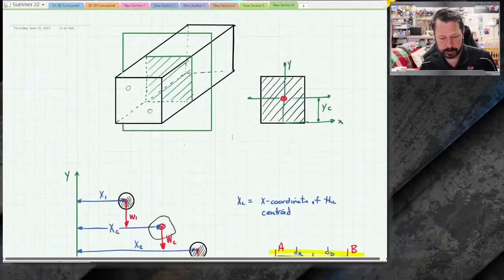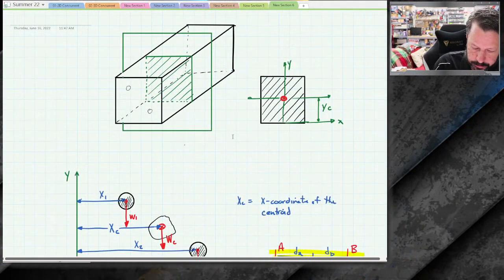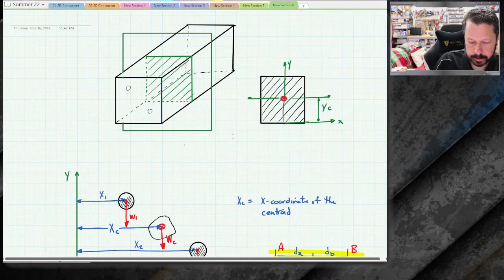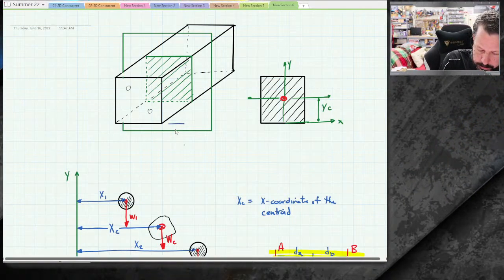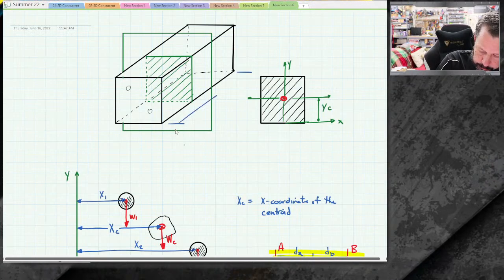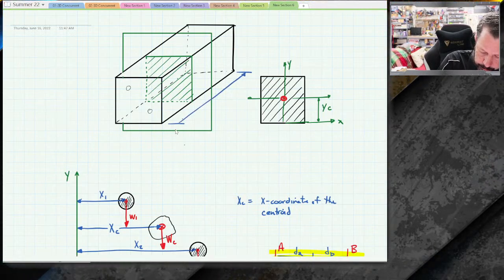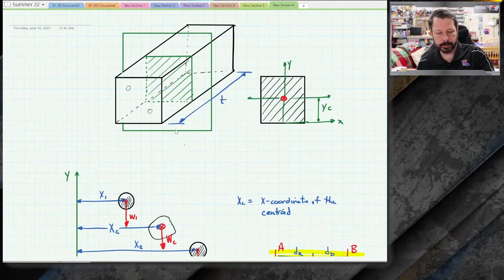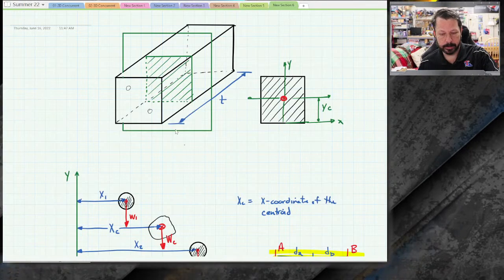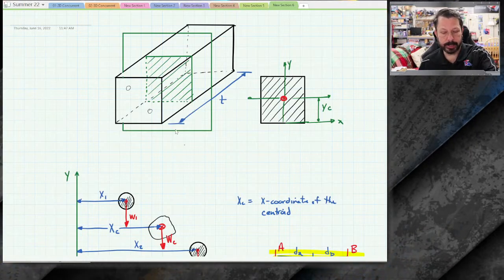So if we look at this guy up here, the cross-sectional area would just be the green little square, and the thickness would be this dimension. So if we took that green crosshatch square area multiplied times t, we'd have the volume of this